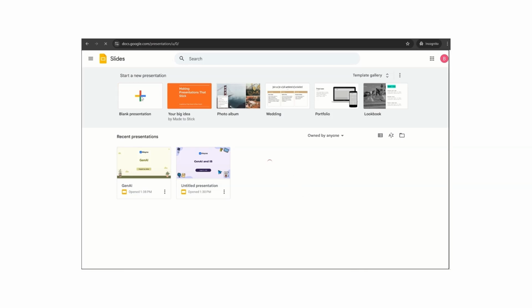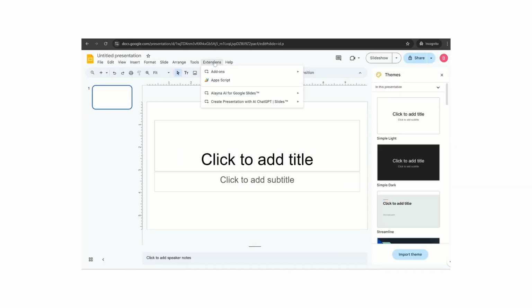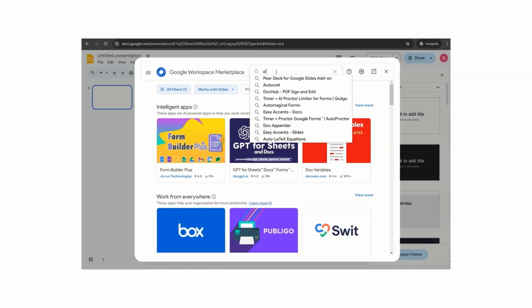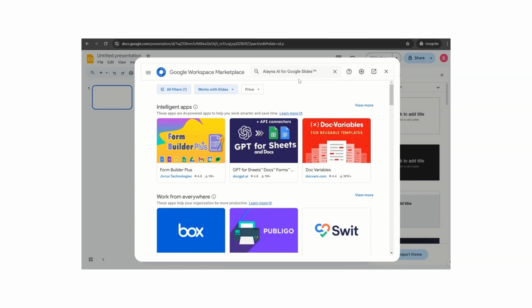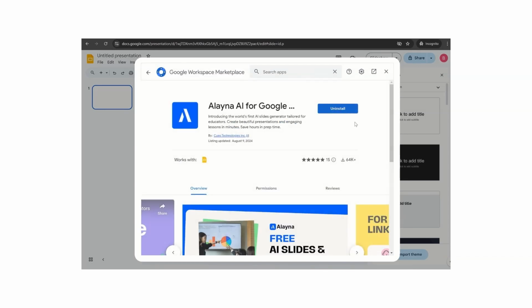And then click a blank presentation. So then I will go to extensions and click add-ons and click get add-ons. I'll search for Alina as one of them. There are so many, but I like to use Alina, and click on it and click install. In my case, it's already installed, so I don't have to do that,